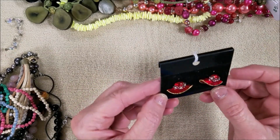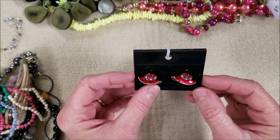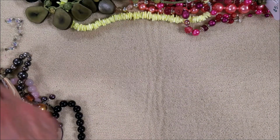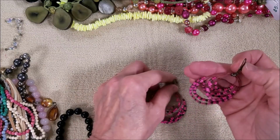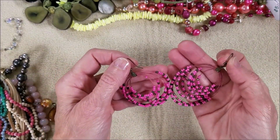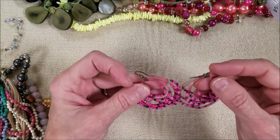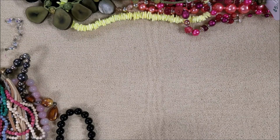Oh, red hat. And the rhinestones are all there. Those are cute. I don't know. They wanted $2. They, whoever they are. And here we have some seed beads on wire, on pink wire. Got those, and